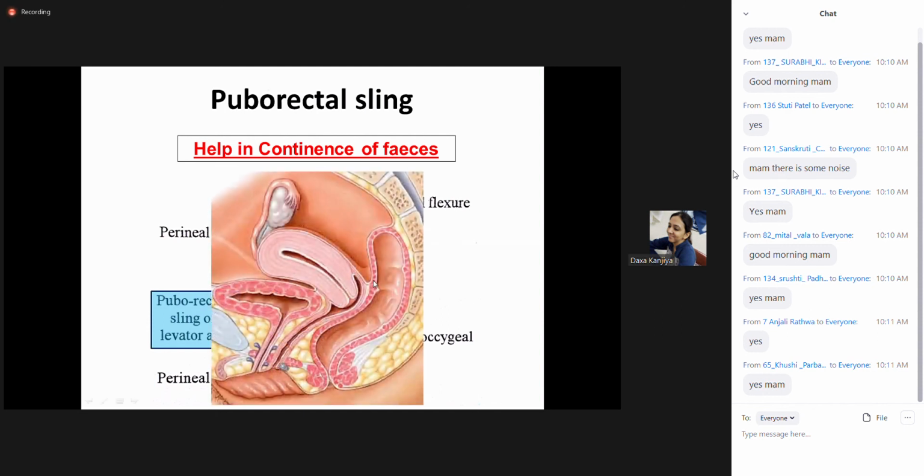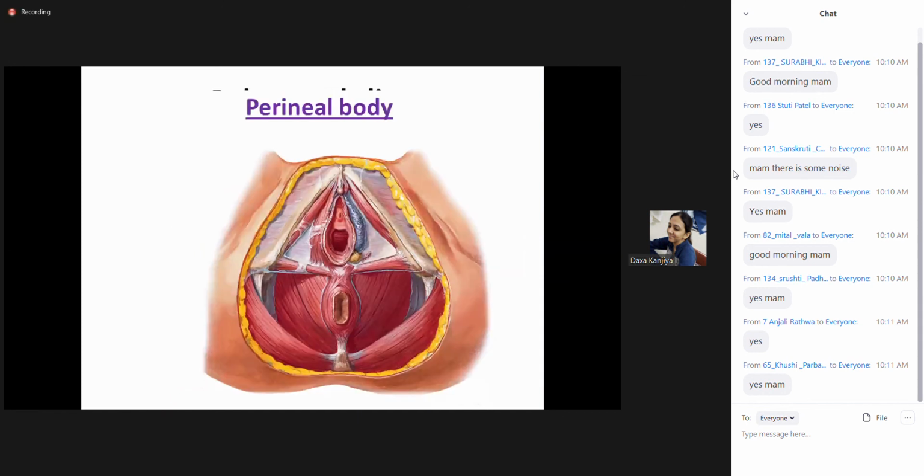See, if it maintains the flexion between the rectum and anal canal, the sloping surface of the anorectal junction will support the posterior vaginal wall. Here you can see the posterior vaginal wall, how it rests over the anorectal junction. And thus it supports the tip of the cervix. So this is the second part of the pubococcygeus which supports the uterus. One is the pubovaginalis that constricts the vagina, and the second is the puborectal sling. So that's about the pelvic diaphragm.